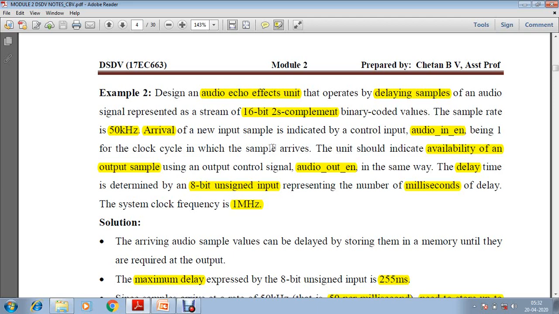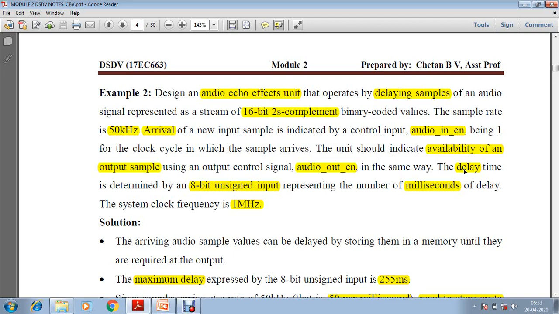Whenever the unit applies the output sample to the output terminal, we have to activate an output control signal, audio out enable. This should become 1 whenever the unit applies the output sample to the output port after the delay time.